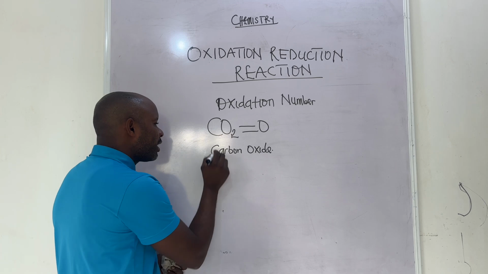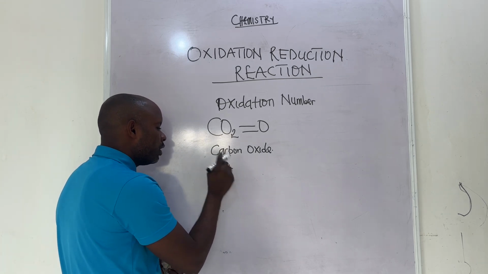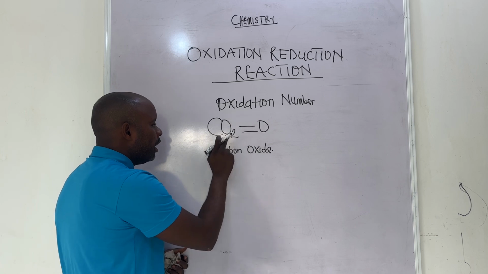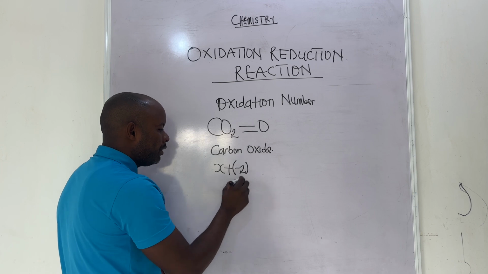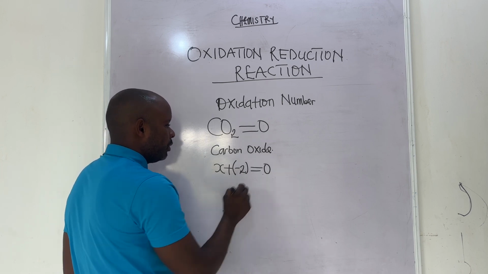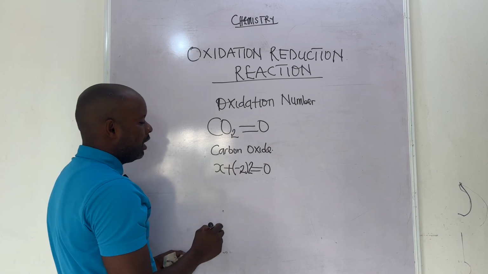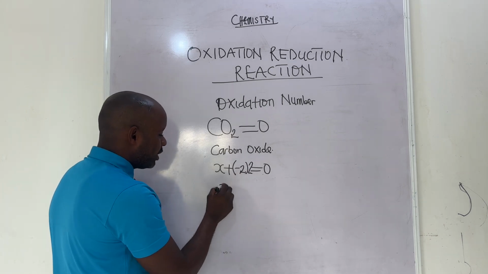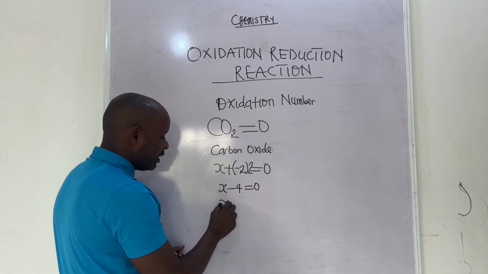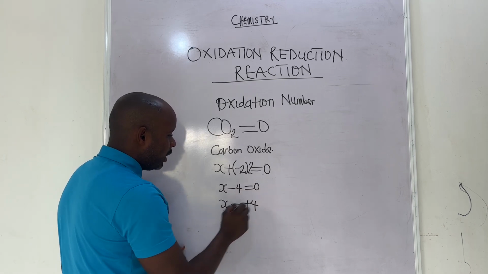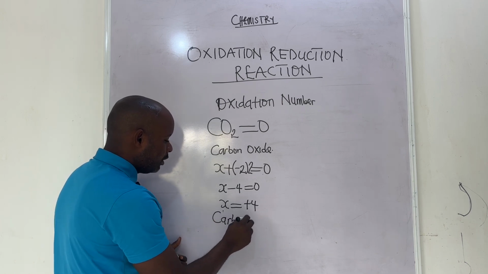By so doing, they are asking me to state the state at which this carbon is reacting with oxygen. So in this case, we said the oxidation state of carbon is S, plus the oxidation state of oxygen, which is -2, as I've mentioned before in a compound. We equate it to 0. Oxygen occurs 2 times, so we write 2 times -2. S plus (-4) equals 0, so S is equal to +4. That is to say, this is carbon 4